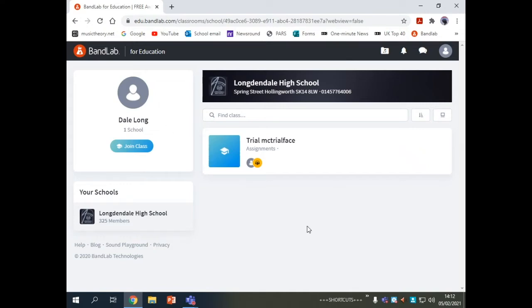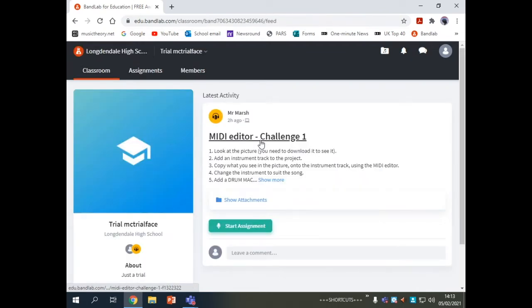Right, so Dale sees his school and his class, and he's obviously not a real pupil, so he's not in a real class either. He's in a class that's got a stupid name. It's called Trial McTrial Face, because it was what I used for trialing things out. So imagine it was like 7A or 9A or whatever. You click on your class, and then you've got this assignment to do. It says MIDI editor challenge, right? Okay, so it says challenge 1 because we're going to have another one another week. So you press that,